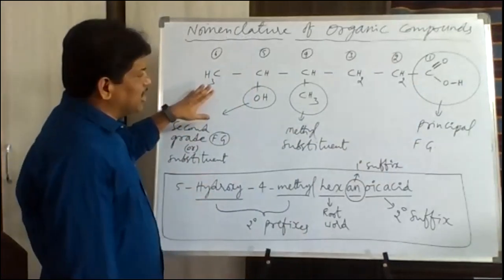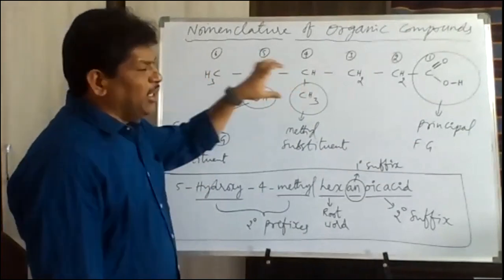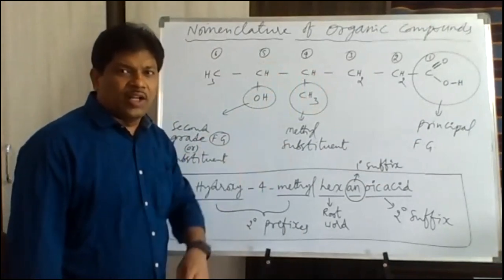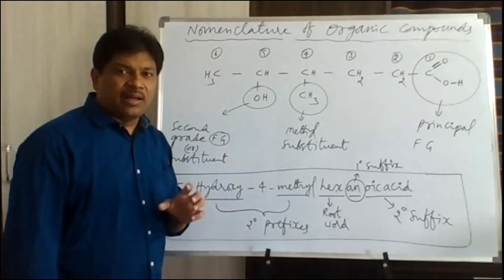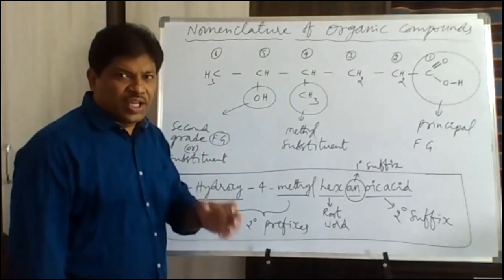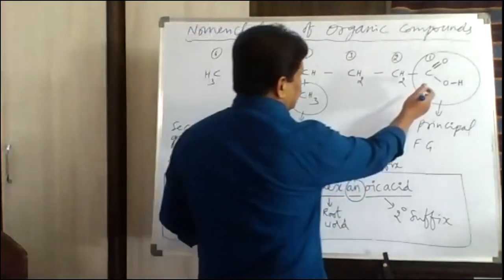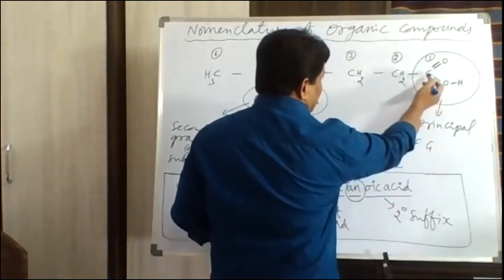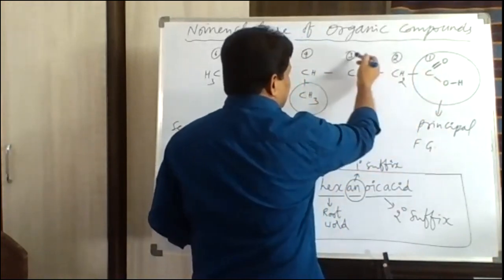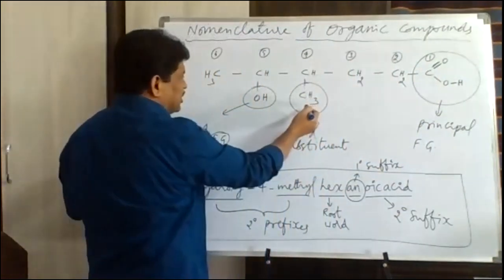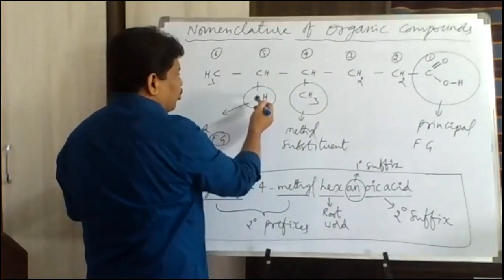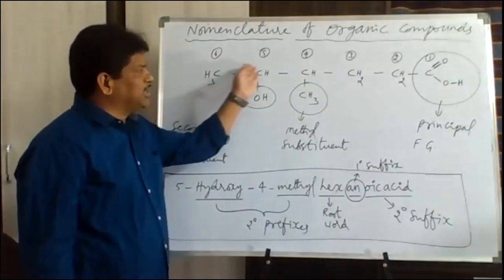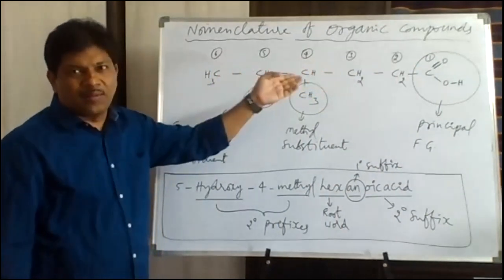Now what we have to understand is that in the given structure, how many carbons are directly linked to each other to form the longest chain, we have to identify first. Suppose you start from this principal functional group. The carbon atom of principal functional group is allotted number 1 position. Then 2, second carbon, third carbon, fourth carbon bearing CH3 substituent. Fifth carbon is bearing OH functional group, and CH3 is sixth carbon here. So totally how many carbons are there in the longest chain? 6 carbon atoms are there.